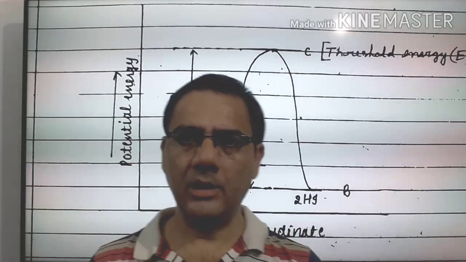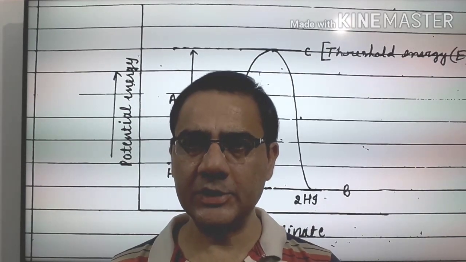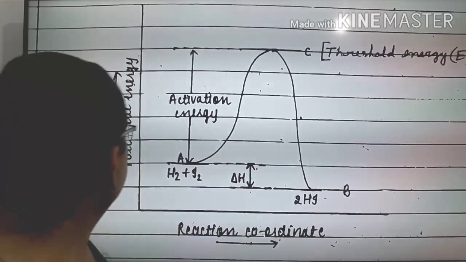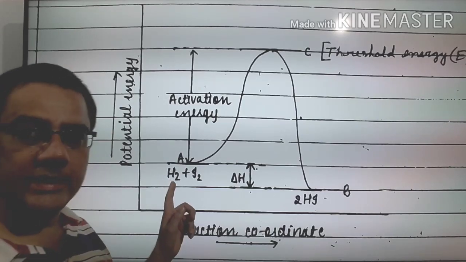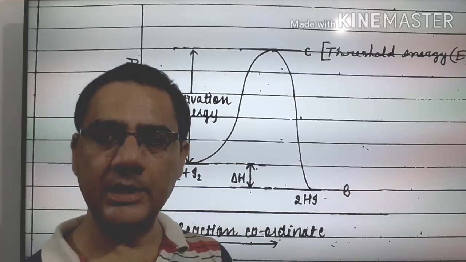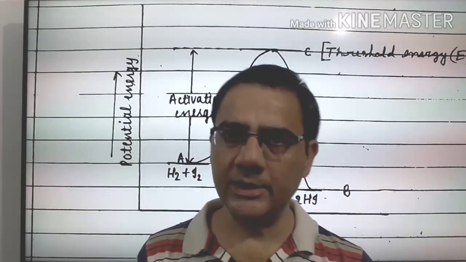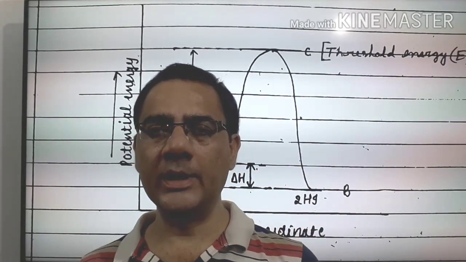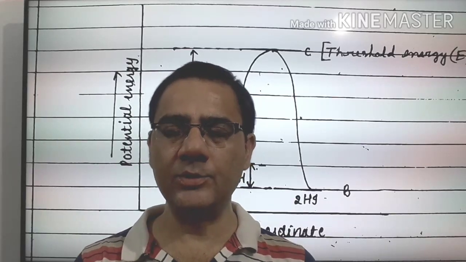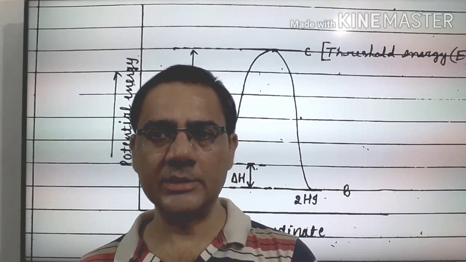Now we come to the awaited topic, and that is activation energy. And how do we define the activation energy? That we'll see with the help of this graph. See, in this, suppose two reactants are there, H2 and I2, and both these reacting molecules are reacting to each other. Remember, as I told you, whenever the two reactants react together, they react in only one condition, that the molecules of the reacting species must collide with each other. If the collision takes place, then only the products are formed.